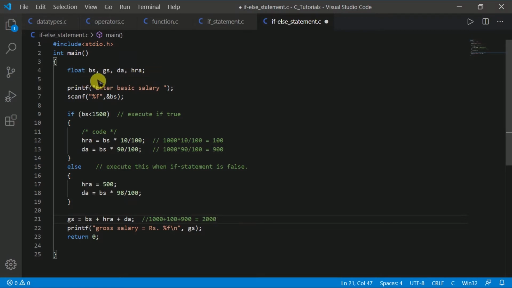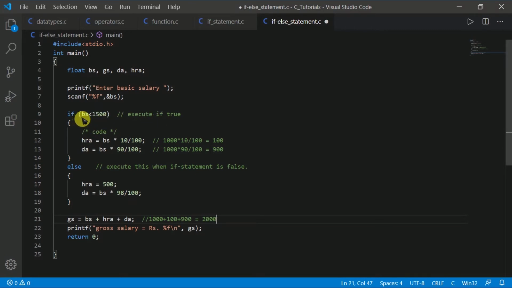It means basic salary, gross salary, and so on. Their data type is float, because we get a floating point value in the output. First I print this message on the output screen: enter the basic salary, and I scan the value into variable BS for basic salary.